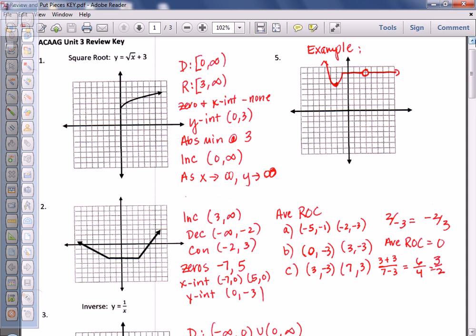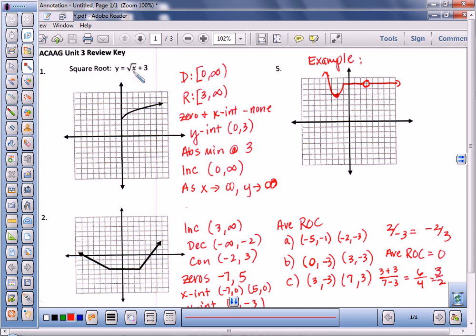And so the transformation they asked us to graph was this one. Y equals the square root of x plus 3. So what did that do to our square root function? Shifted it up 3 units. Did not change the domain, because we didn't shift it right or left any. So the domain is all the values from 0 to infinity. So we include 0. Now remember, domain and range is where I'm very picky about: is it a bracket or is it a parenthesis? A brace. All right, and then the range,